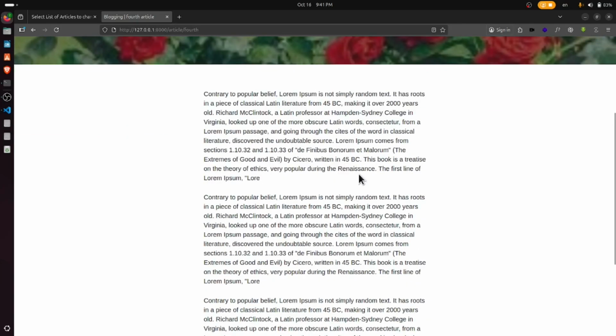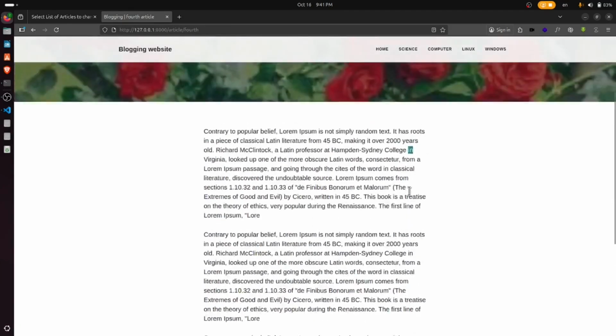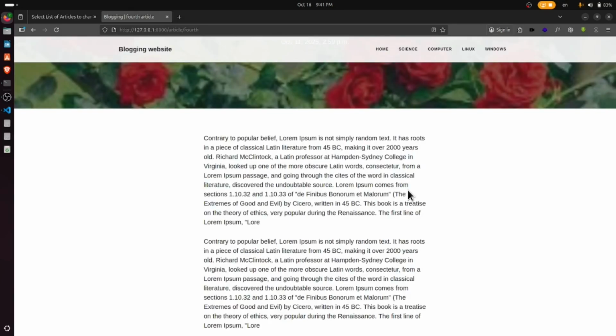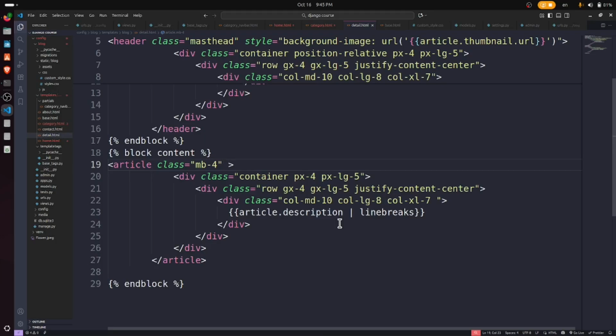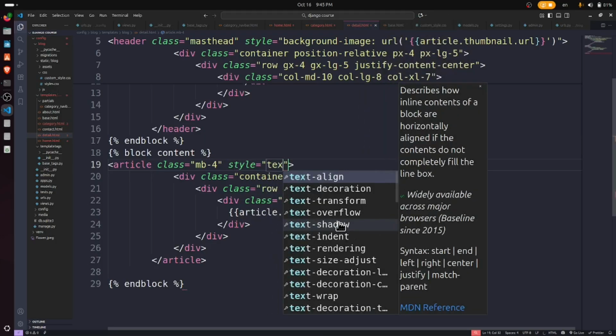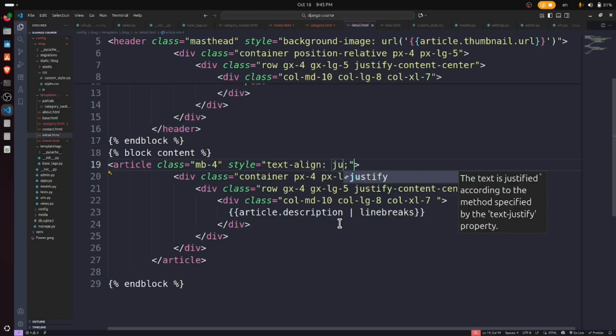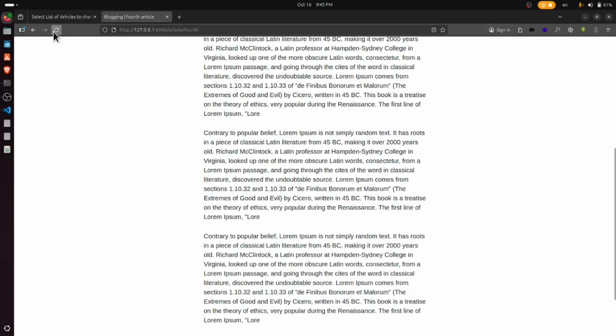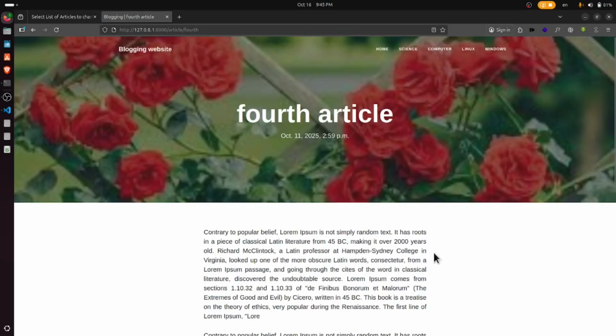In article 4, you just see one line ends here and the other here, the other in this part, and nothing is justified. Nothing looks good, so we have to justify this part. Let me have the CSS. I want to have the text align as justify. When I press the refresh button, it will work. Okay, everything is justified. So the date is here, the